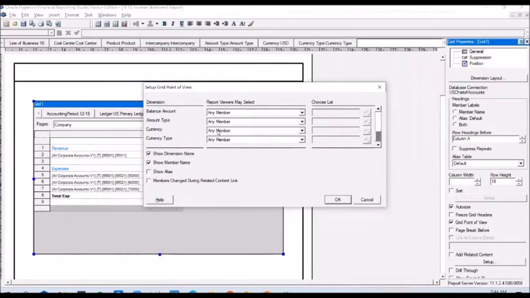I don't want to leave this wide open. So I click on the drop down, and I can do a couple of things here. I can leave it as any member, meaning the report viewer can run the report in any currency he wants. Or if I want, I can select a member from a list.